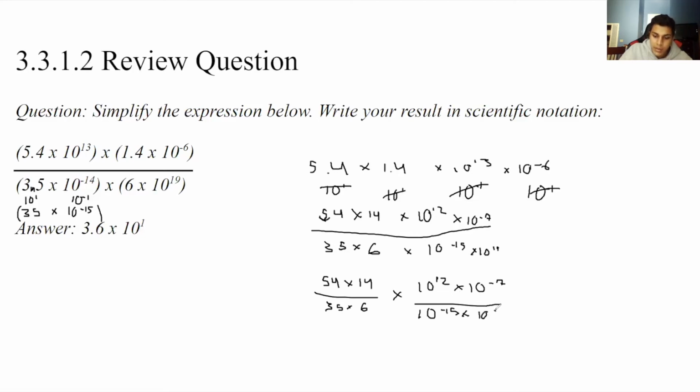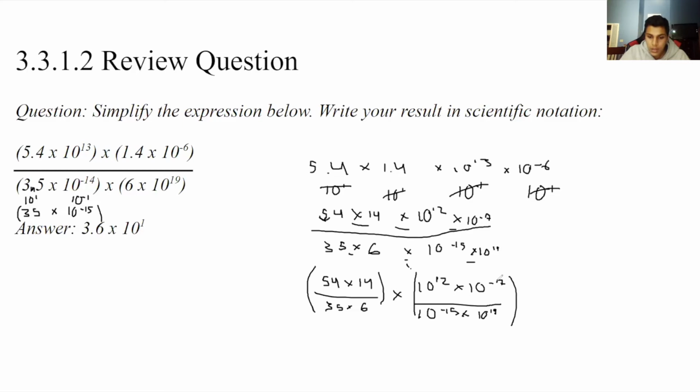And the reason that you can break it up like this is because we have all multiplication in our numerator and all multiplication in our denominator. So you can actually break it up into whatever fractions you want as long as you're multiplying the same numbers in the numerator and the same numbers in the denominator and multiplying in between. So I broke it up into two separate fractions, this one and this one, and now I can simplify both of them except each